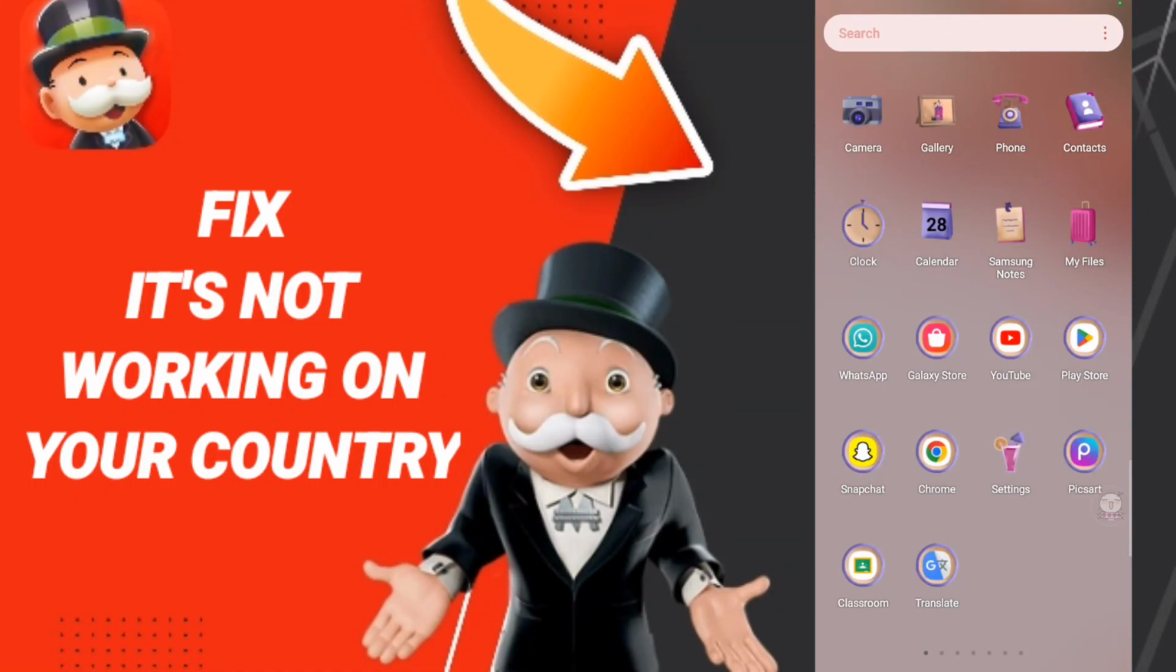Hi guys, today we'll talk about how to fix or solve Monopoly Go not working in your country. To know how to fix Monopoly Go not working in your country, you should just go